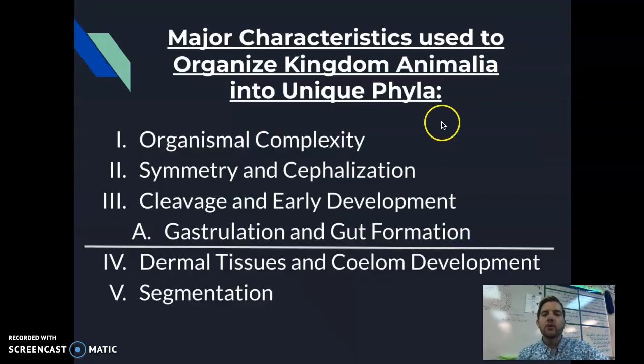As a reminder, we started our first video with organismal complexity, symmetry, and cephalization. We then in class today did cleavage and early development, and then gastrulation and gut formation, so how the gut forms as a result of the blastula turning in on itself through gastrulation. Today we're going to talk about dermal tissues and coelom development, and then the final characteristic used to organize kingdom